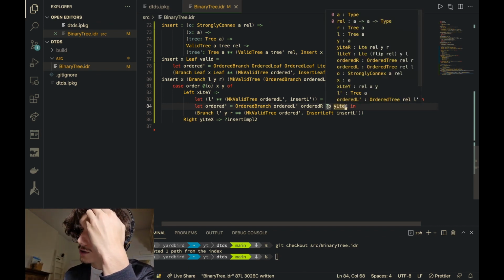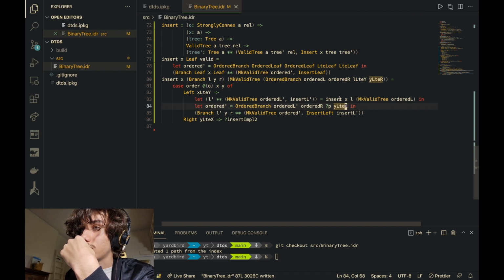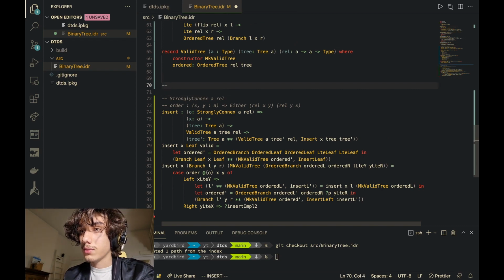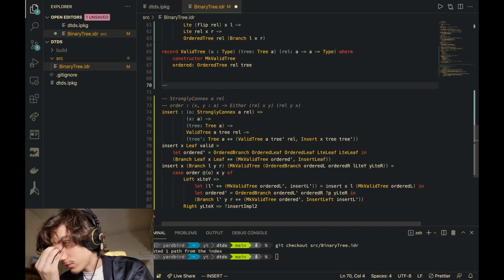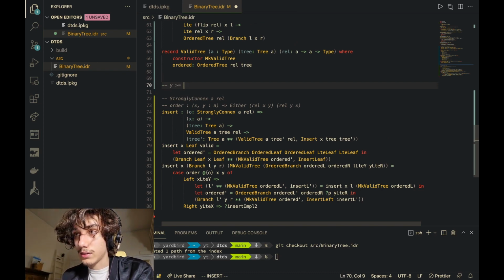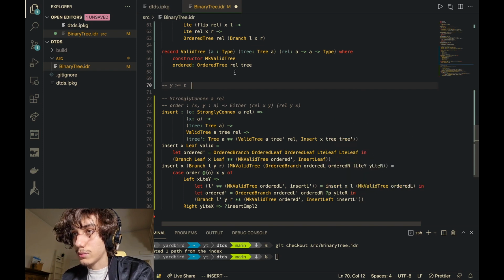So how do we show P? What is P even? P is Y is less than everything in L, or greater than everything in L prime. So how do we show that? Well, we should be able to show that, well, given that Y is greater than everything in the tree, I'm just going to use this abuse notation. And we know, what else do we know? We know that X is less than or equal to Y, so we know that